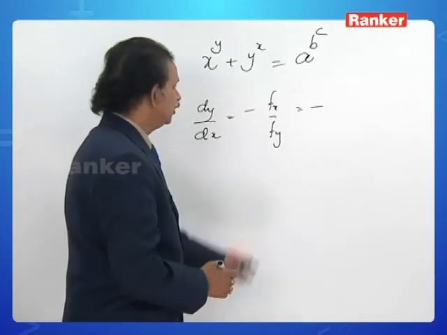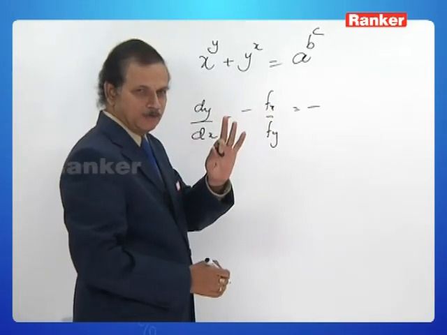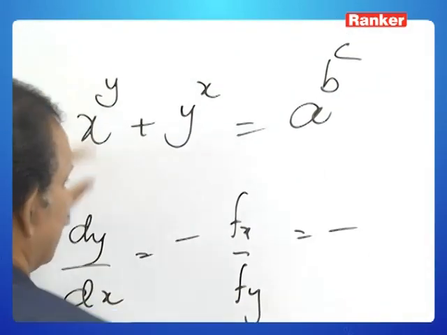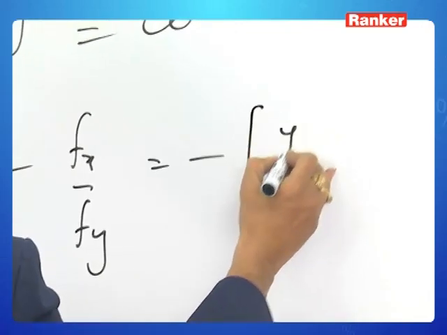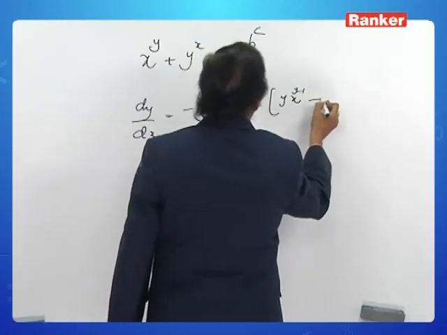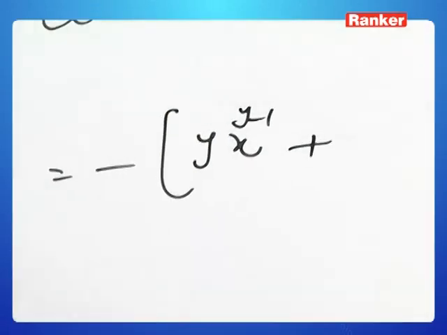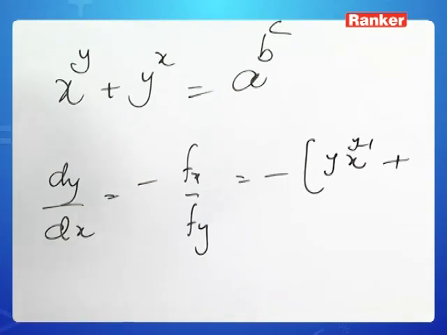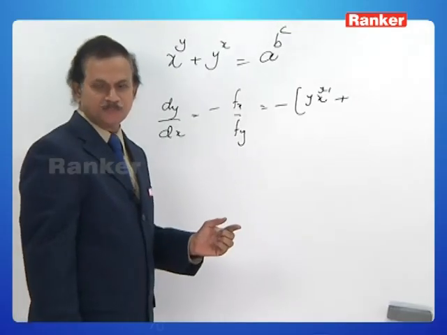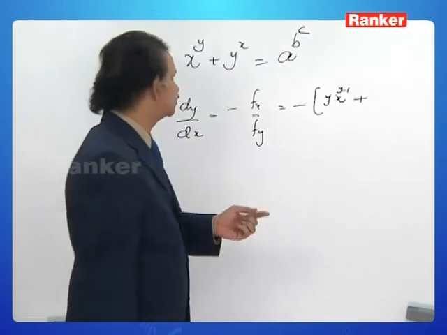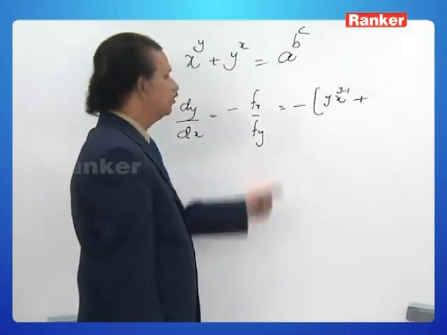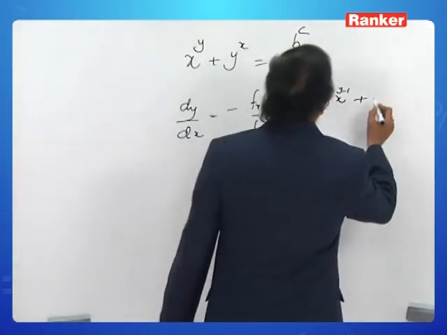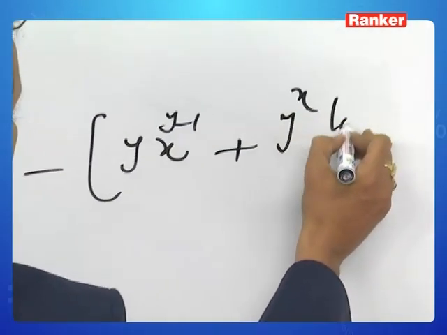Come on, start. You think x as the only variable, all the others are constants. What is the derivative of x power y? Y power x. You see, y is a constant in our mind. In the numerator, you are supposed to have fx, that is the partial derivative with respect to x only. So y is a constant. You imagine that as k power x. What is the derivative of k power x? K power x into log k. That is y power x into log y